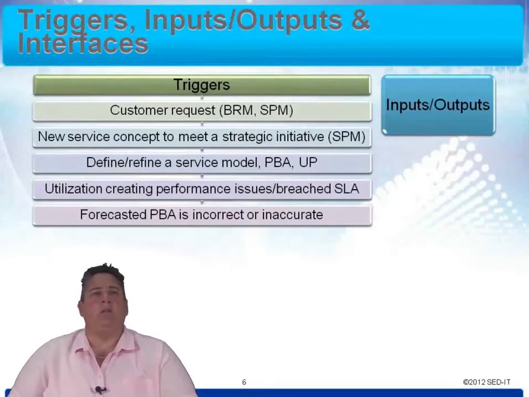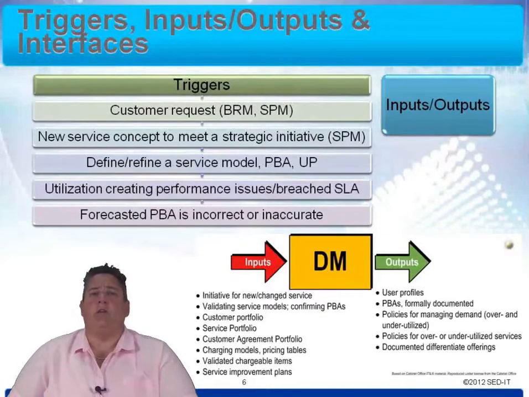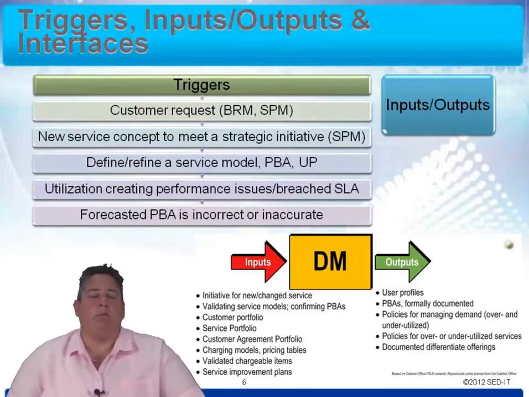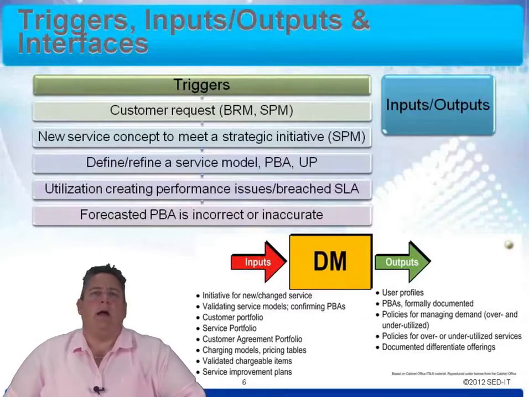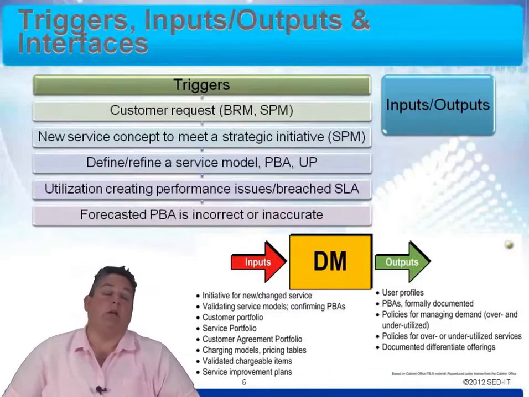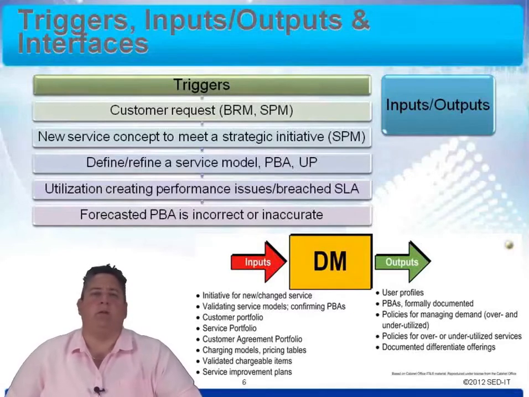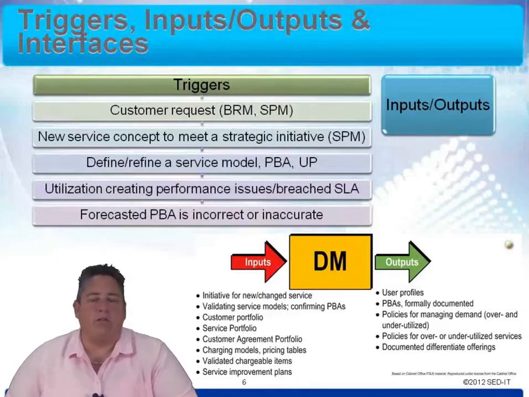The inputs and outputs for demand management, they're shown for you here on the diagram. So the inputs to demand, remember, this is a process that wants information. So it's just going to be compiling information from wherever they can get it. So if there's an initiative for a new or changed service, the customer portfolio, the application portfolio, the service portfolio, the agreement portfolio, the project portfolio, service models, business changes, the business strategy,